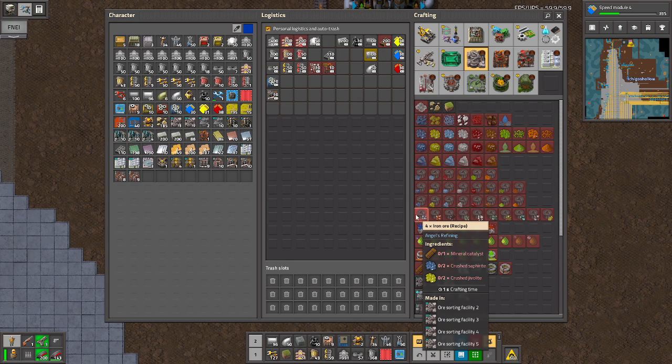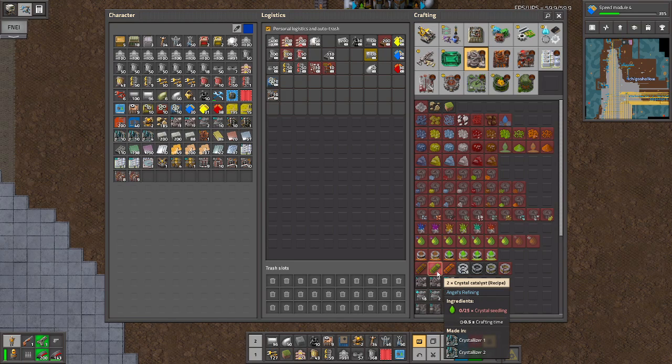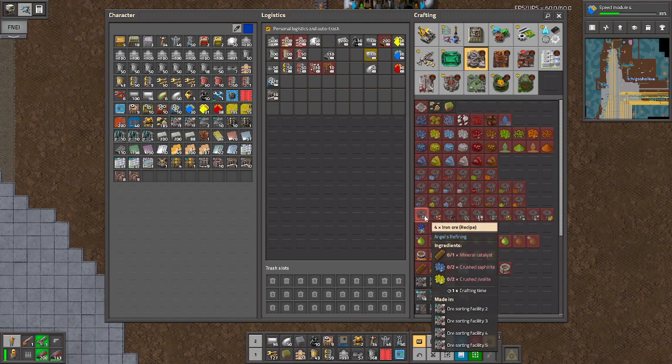But you have to keep in mind, we got to make mineral catalysts. So we're going to have to use crystallizers to make mineral catalysts and crystal catalysts. But how do you make these? Oh, that's just straight sorting. That's for the sorting part. I would say it'd probably be best to make this first instead of the mineral catalysts. Alright, so